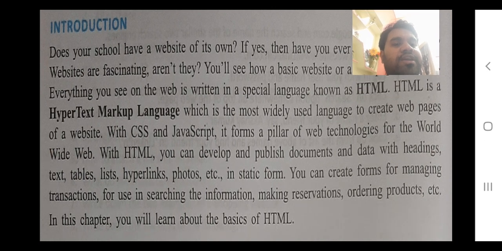It is used to create a web page, and different web pages or a collection of web pages can be used to create a website. In this there is one more topic in your syllabus, that is CSS, Cascading Style Sheet. And one more thing that we can do is JavaScript, which is not in your syllabus. Later on you can study it when you are in higher classes. That time you will study JavaScript also with HTML.